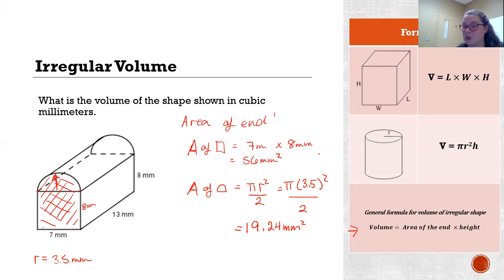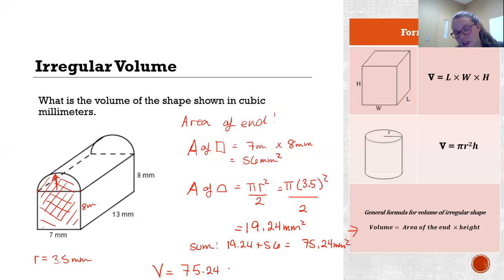So we've got 19.24 millimeters squared. We're going to add them together, so plus 56. 19.24 plus 56 leaves us with 75.24 millimeters squared. So the volume is equal to this area,